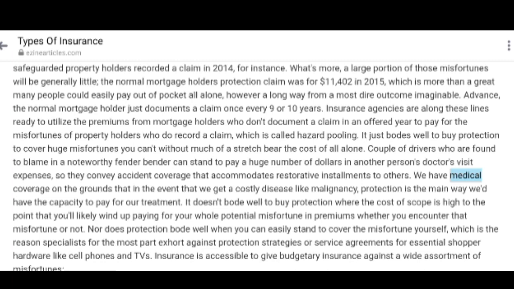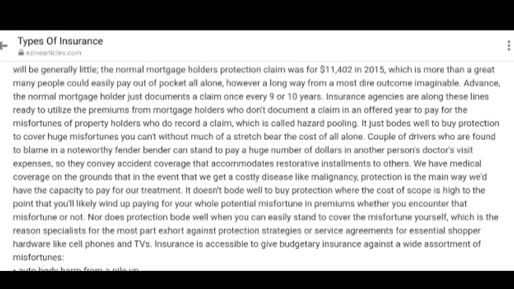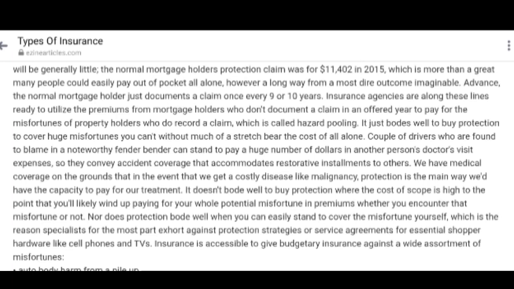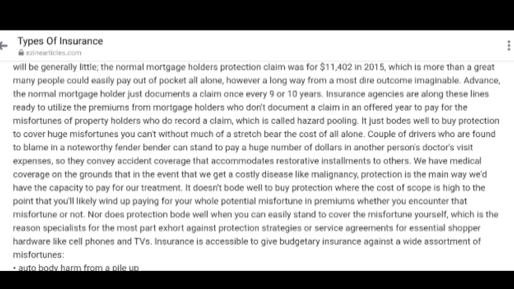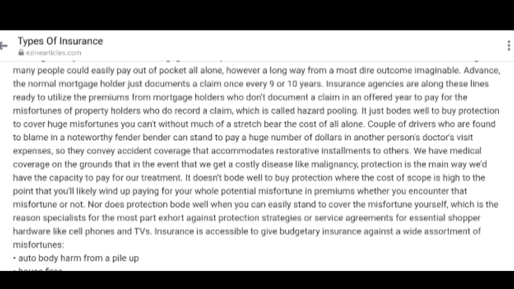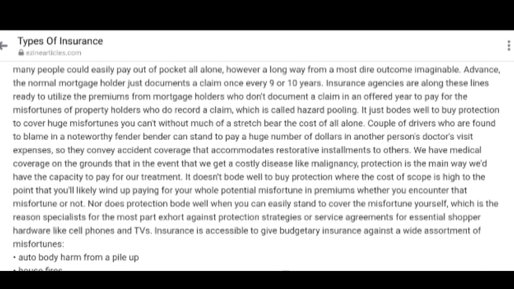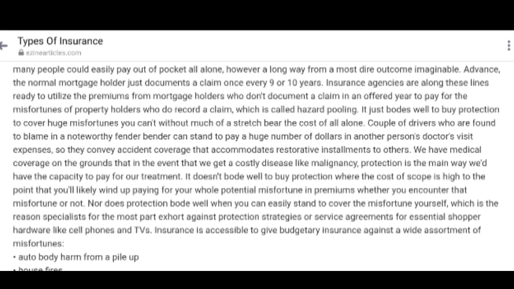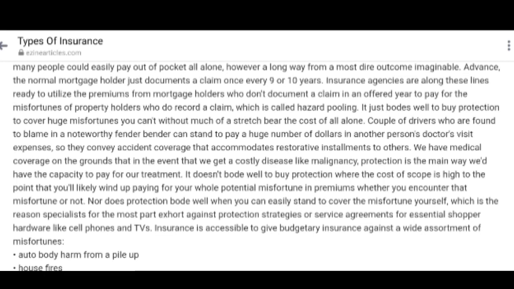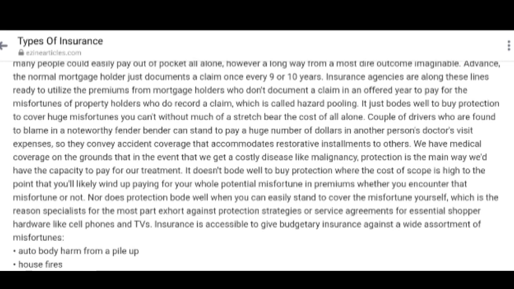The average homeowners insurance claim was $11,402 in 2015, which is more than most people could easily pay out of pocket alone. However, in the best case, an average homeowner only files a claim once in 9 or 10 years. Insurance companies use the premiums from homeowners who don't file a claim to pay for the losses of homeowners who do file a claim, which is called